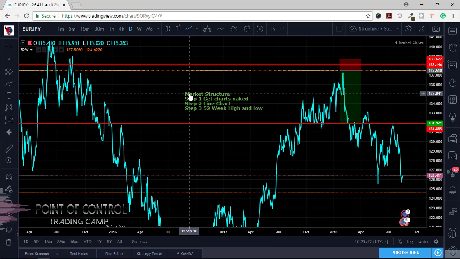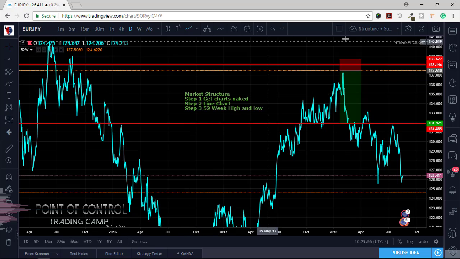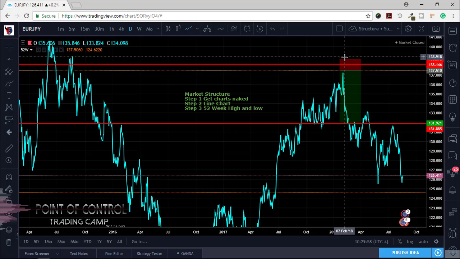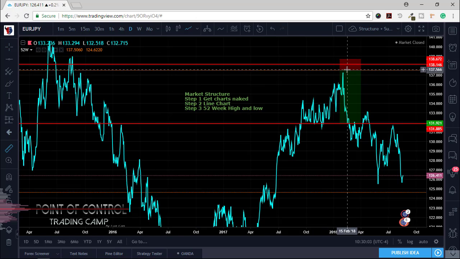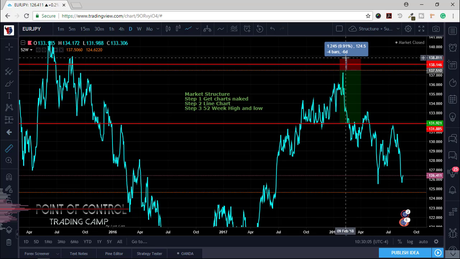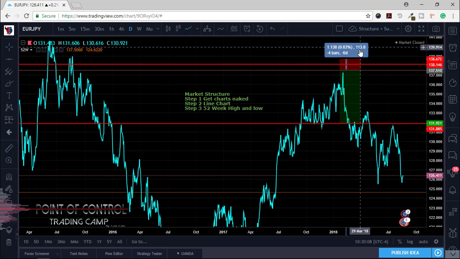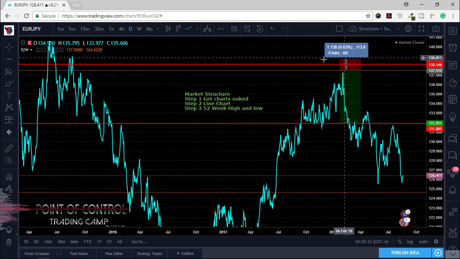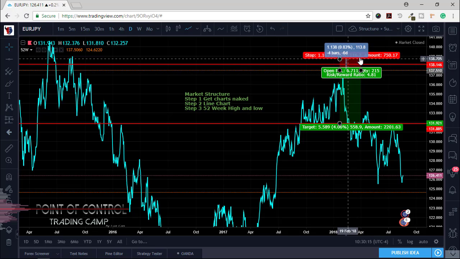Like I hear new people always asking, how many pips should I put my stop loss? That is ridiculous. Do not put stop loss based on pips. You only do stop loss based on technical structure, okay? If you cannot afford the stop loss, if from here to here, I'll tell you this right now, look at this. If you cannot afford a stop loss of 113 pips, okay, then you need to adjust your lot size so that you can adjust.